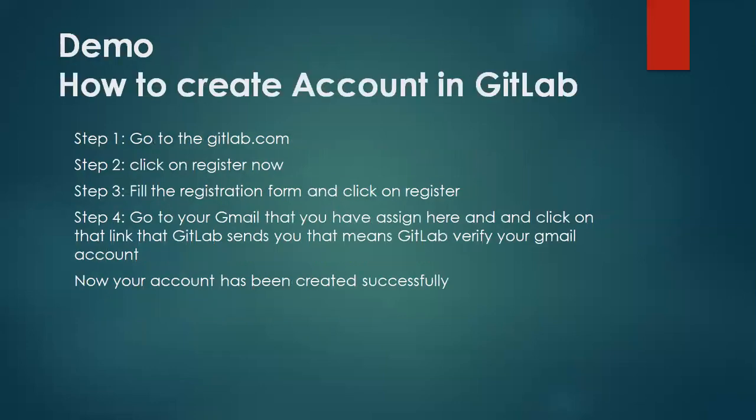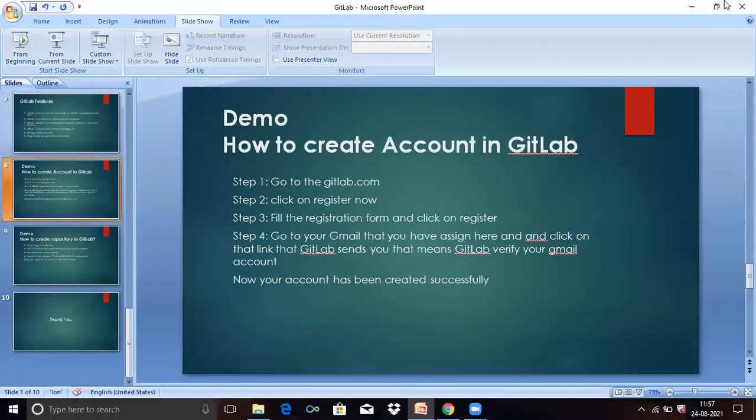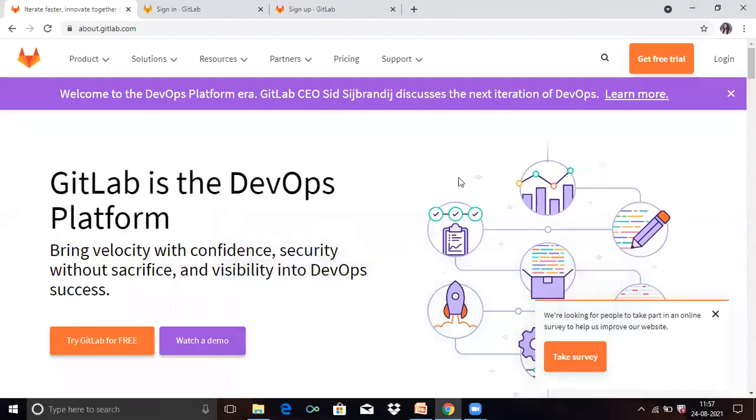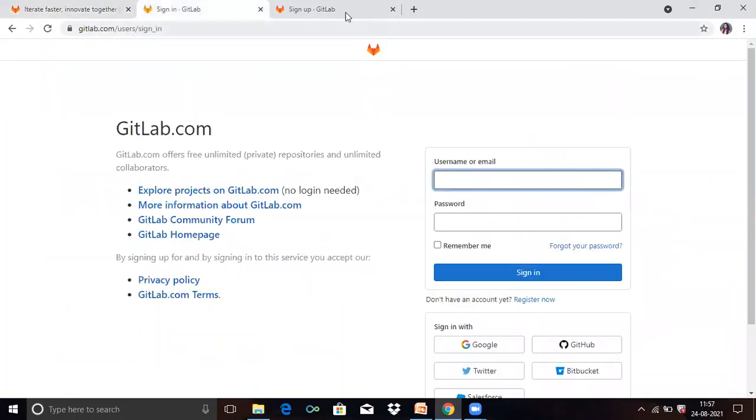Next, demo. And in the demo, first, how to create an account in GitLab. So you can see here the steps. Firstly, go to gitlab.com. Now firstly, go to register, click on register now.